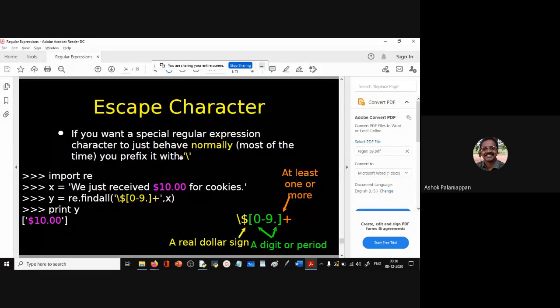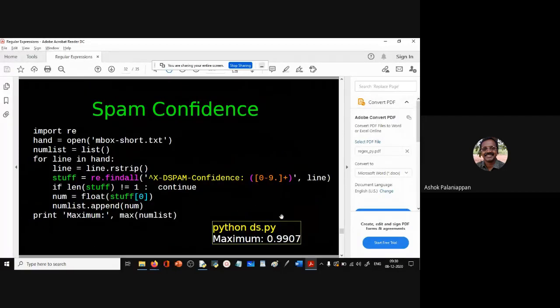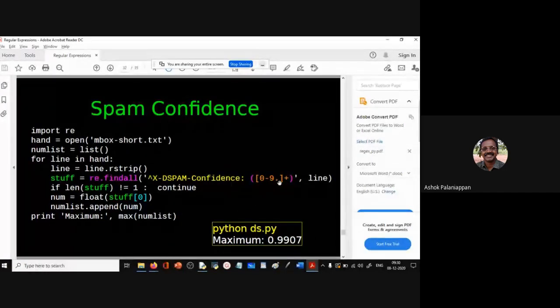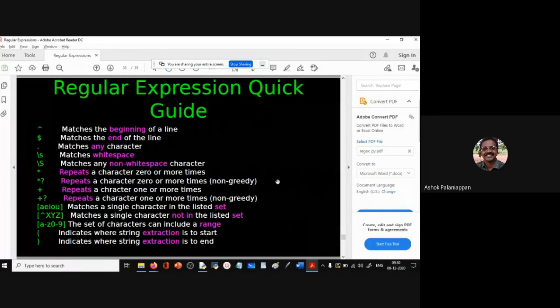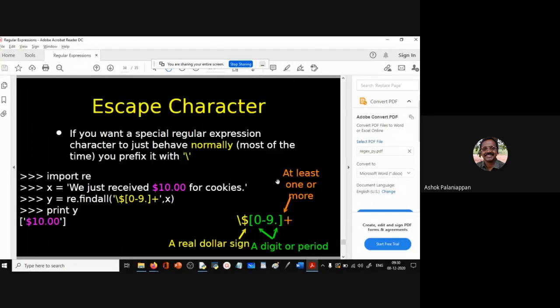There's another way to escape the special meaning. We can just put them within square brackets. Whatever is in the square brackets is not a meta character, it is the character itself. So if you use a dot, as you would have seen here, a dot outside the square brackets means any character, but within the square brackets, it means only a dot. So we can also put them within square brackets to escape their special meaning. That's another way to do it.